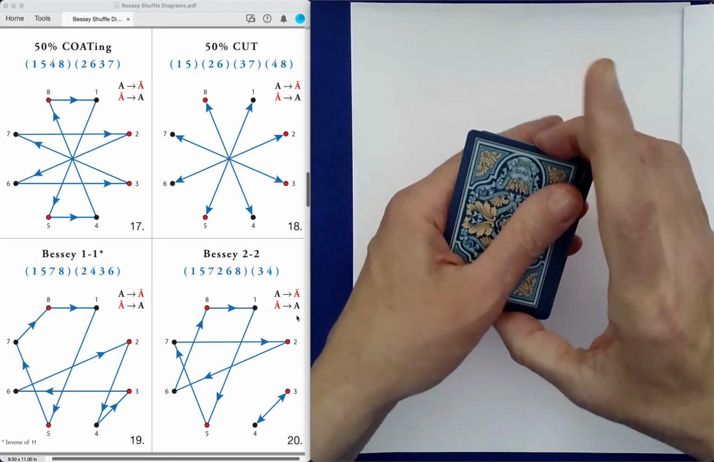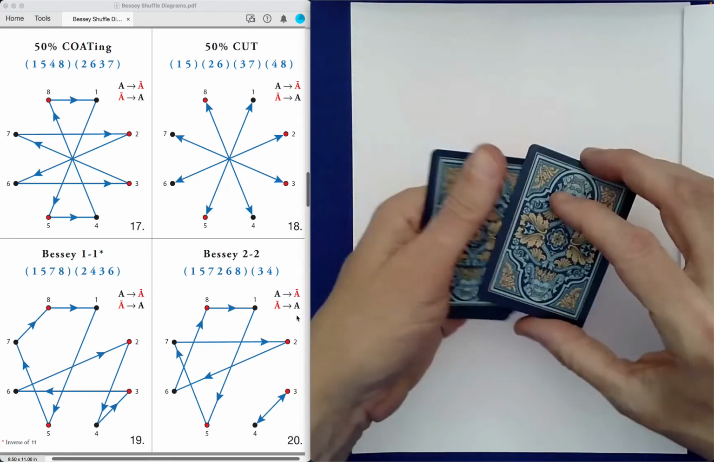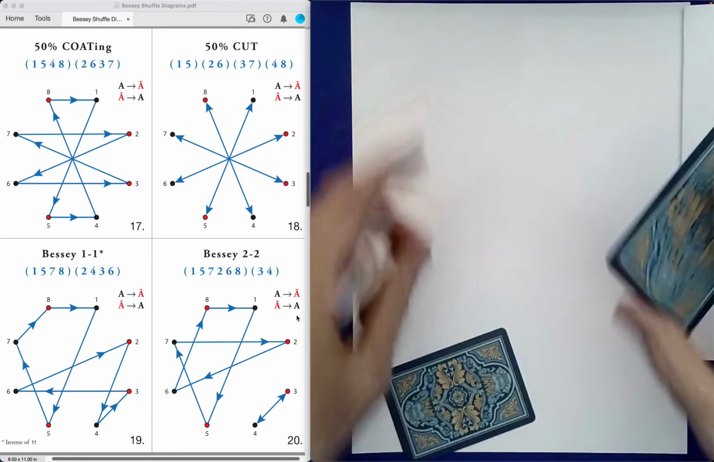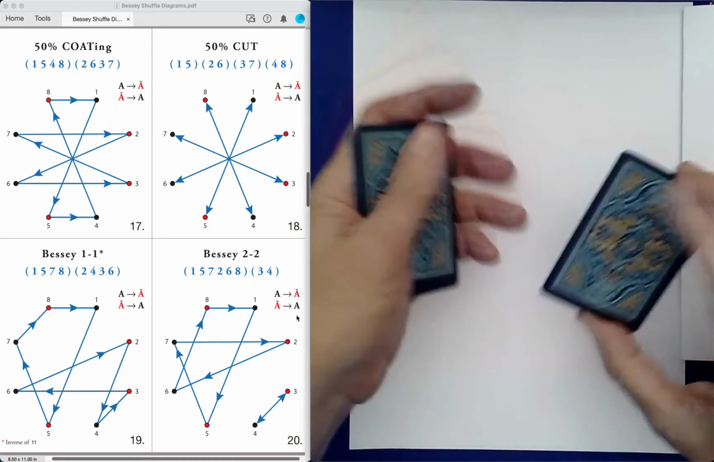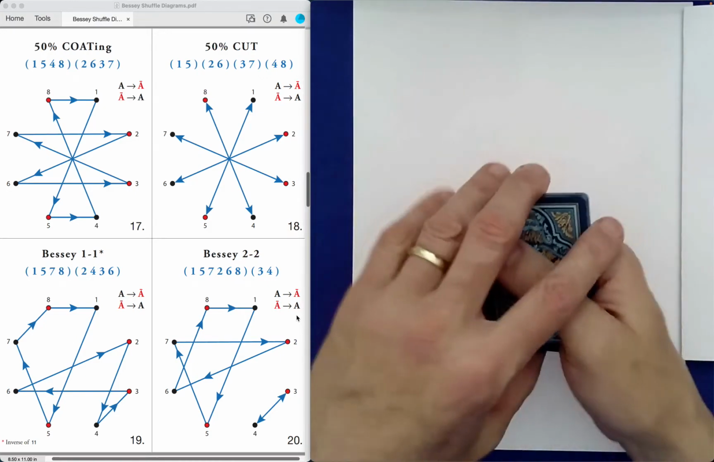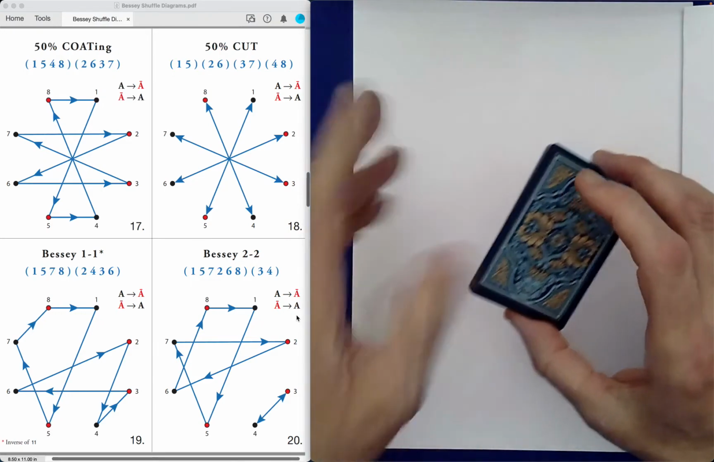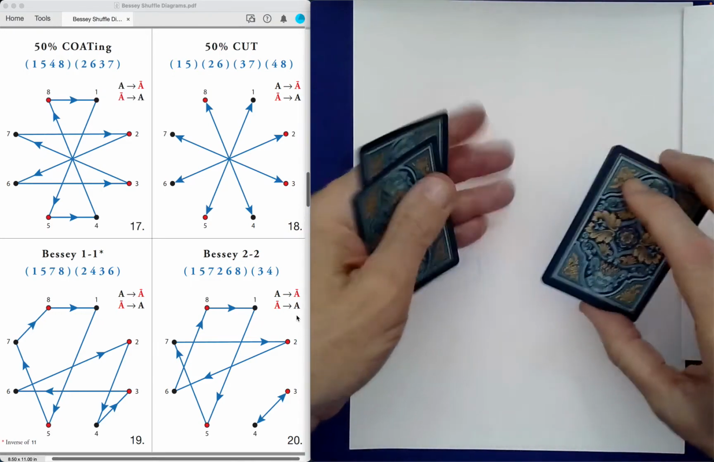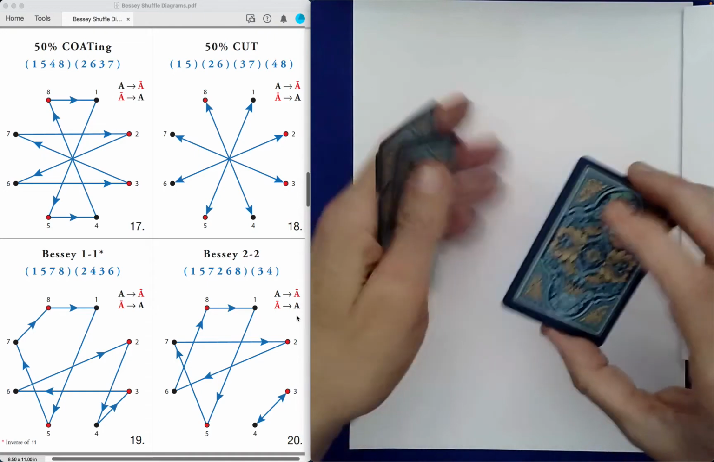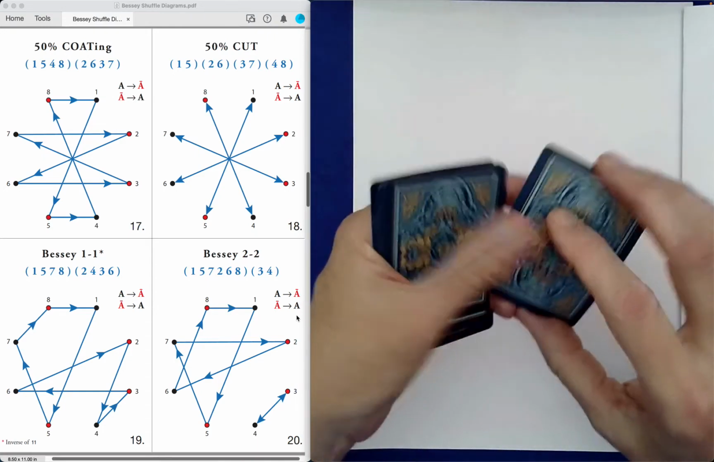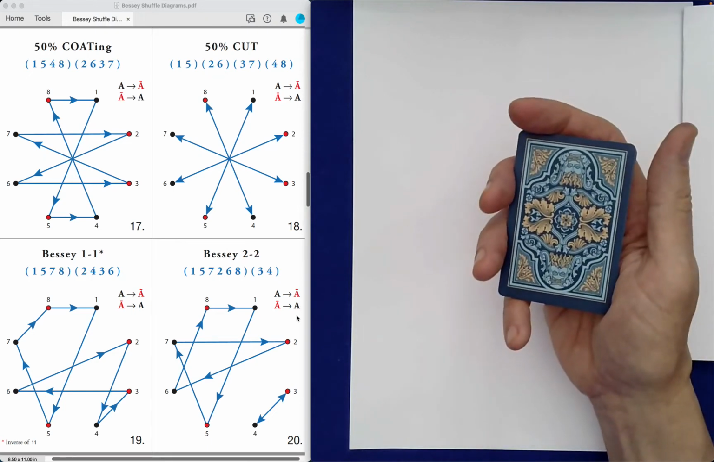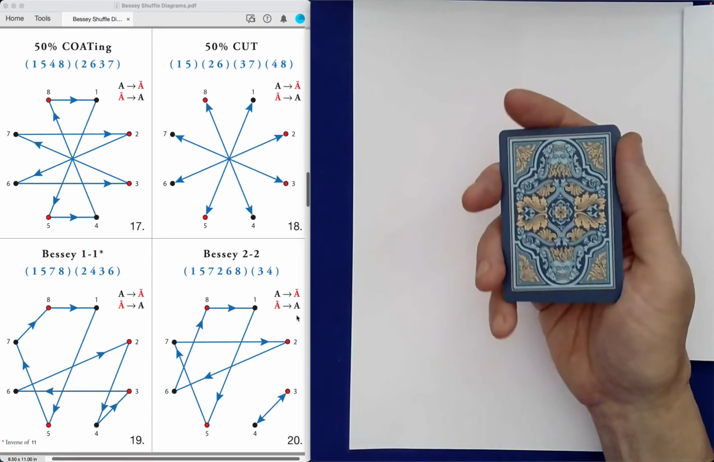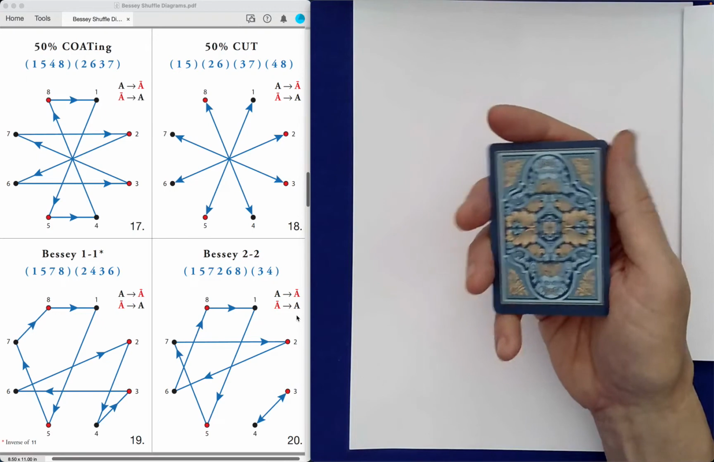See, this is where you go 1, 2 from the top, 1, 2 from the bottom without dropping them. Sorry. 1, 2 from the top, and 1, 2 from the bottom. And then we can do a Bessey 1-1. So this is just 1 from the top, 1 from the bottom, top, bottom, top, bottom, top, and then bottom goes on top. And then you could even do, well, you just continue to do this until the spectator says, okay, I'm convinced